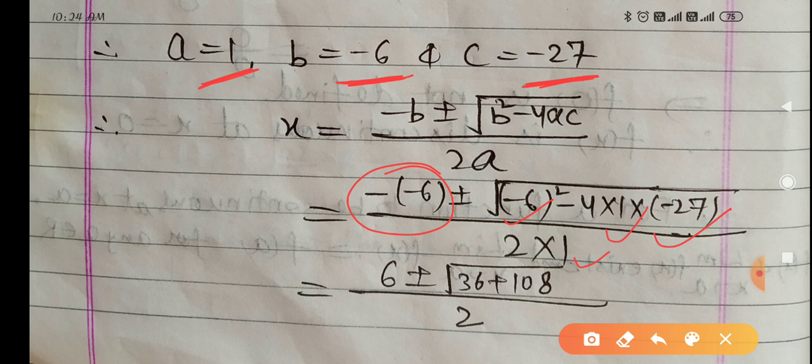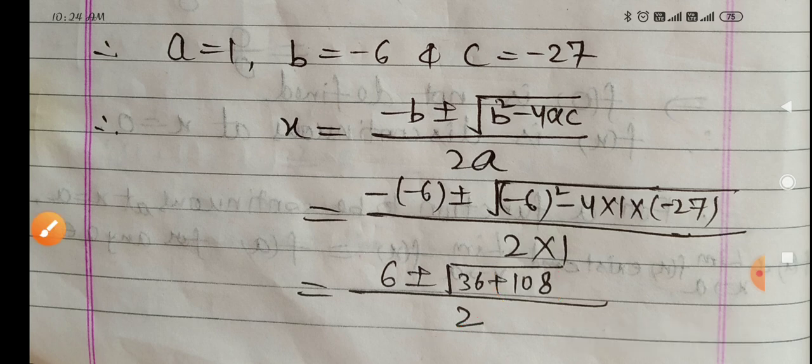So now you simplify. Minus 6 is plus 6, plus minus under root, minus 6 whole square is plus 36. You know very well, minus 6 whole square is plus 36. Then minus 4 into 1 into minus 27, this minus sign and this minus sign will become plus 108. Upon 2 into 1, 2. So now you can see,